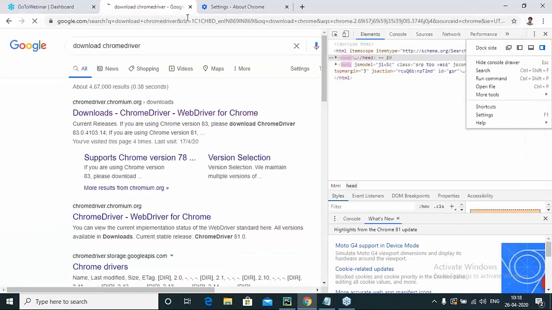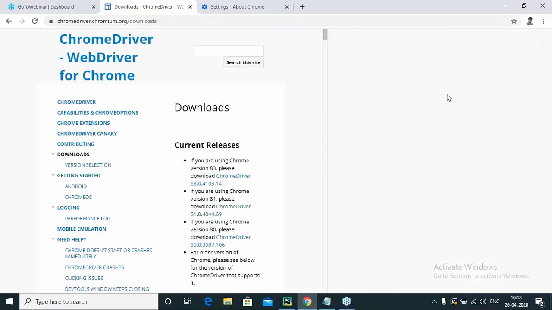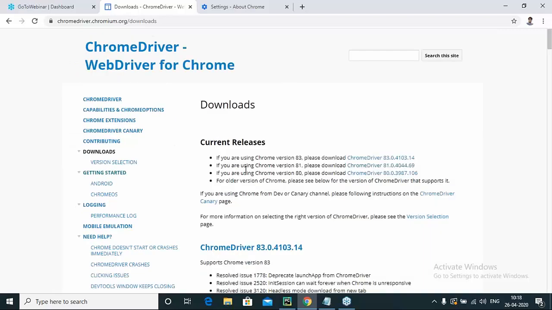Simply type Chrome driver and click on it. Here it mentions, if you are using version 83, download this; if you are using version 81, download this. Since we are using version 81, I have already downloaded it in the last video. So just click on it, download it, extract it, and use it.